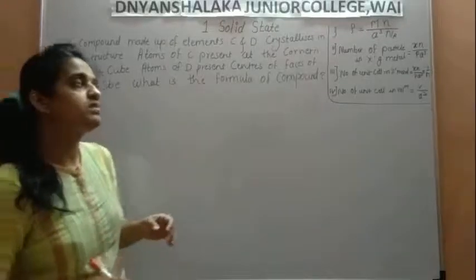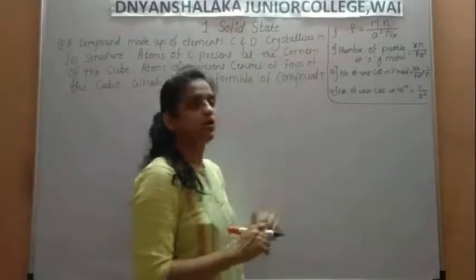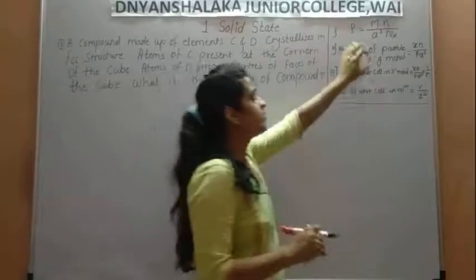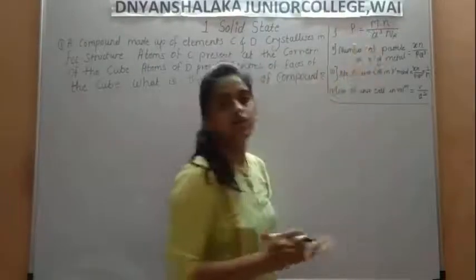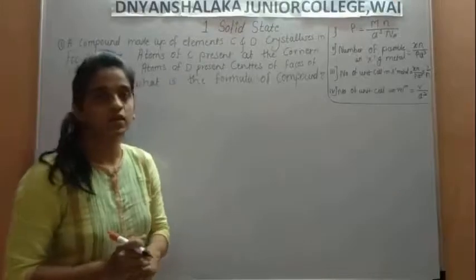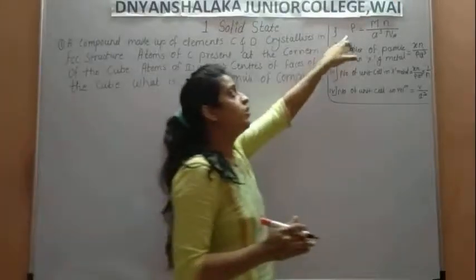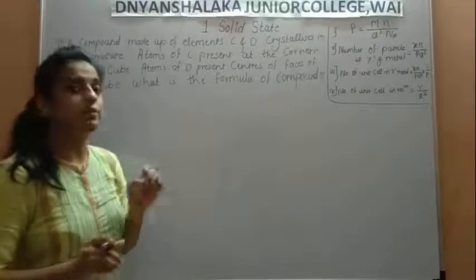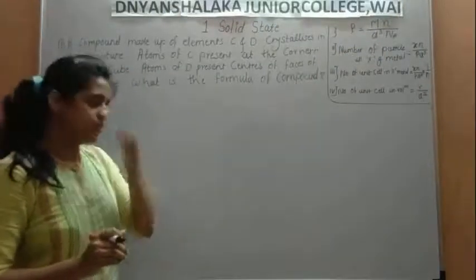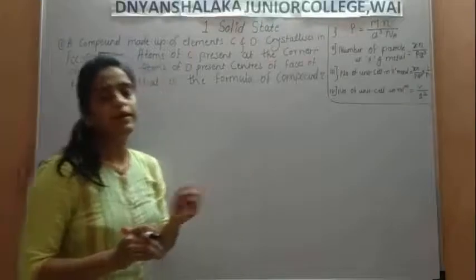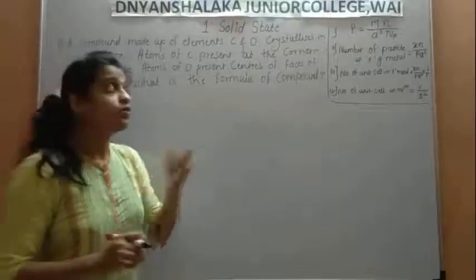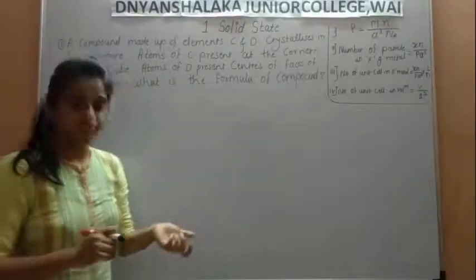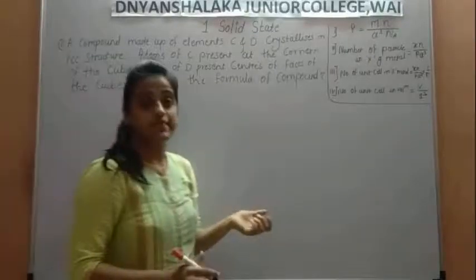Example on the basis of the last lecture's three formulas. What you learned means recall of this concept. First is how to find the density. Density, symbol rho, is equal to the molar mass of the substance, capital M, into N, where small n means the number of particles or rank of the unit cell. Small n is also denoted by Z.